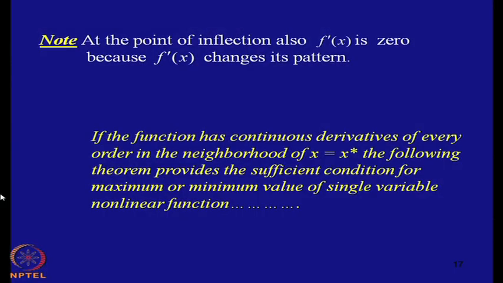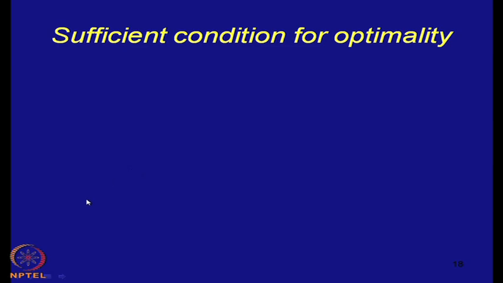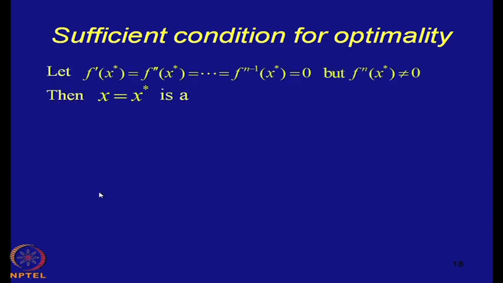That is why next we are going for the sufficient condition for the continuous functions, and this is the thing we are now going to tell you. Now, this is the sufficient condition for optimality for a function of a single variable. If x* is the optimal point, and the function is differentiable further, then up to the (n-1)th order derivative, if we see the function at the optimal point is all 0,